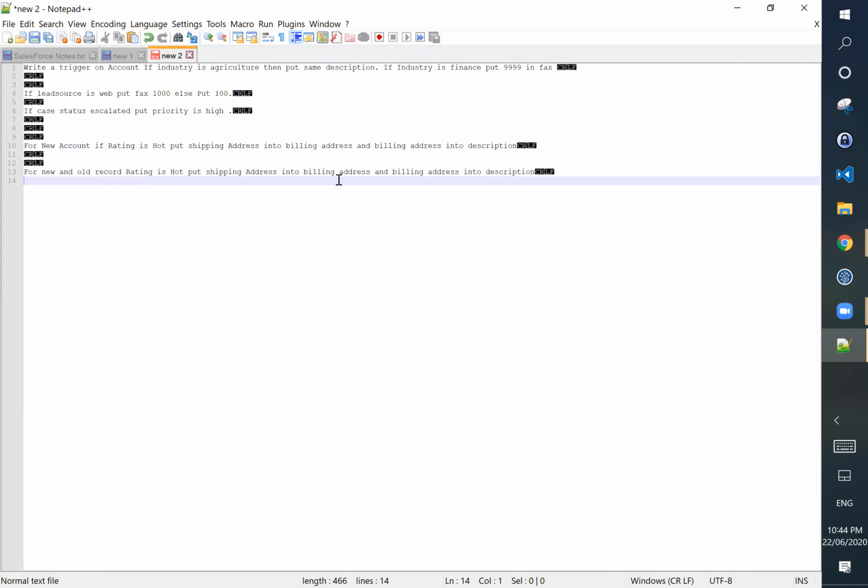And then billing address into description with account rating and account industry.